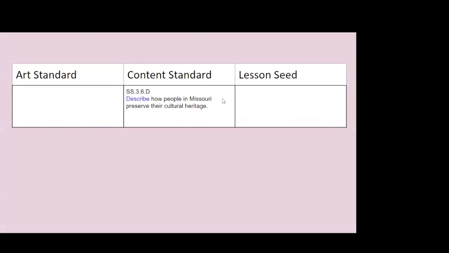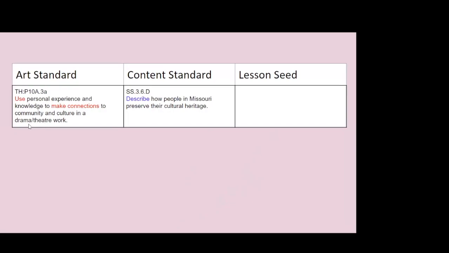Now, here's another one. I find Missouri history is challenging to do sometimes. Describe how people in Missouri preserve their cultural heritage. So, this is a third grade standard. You're looking at something that we would talk about, but right off the bat, you can see that there's a lot of ways to work in the arts here. For me, I chose a theater one, use personal experience and knowledge to make connections to community and culture in a